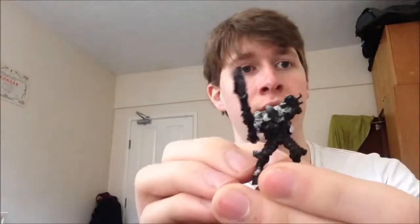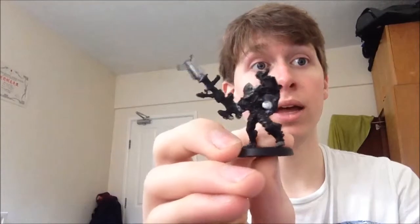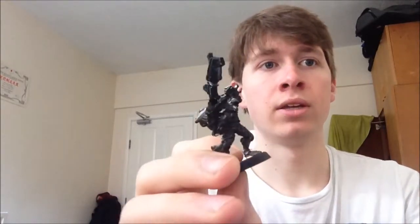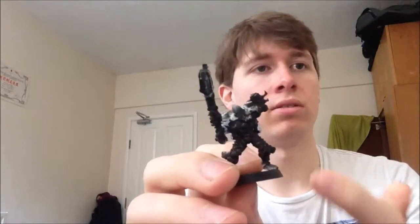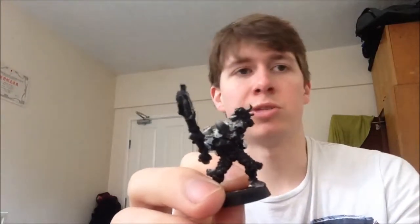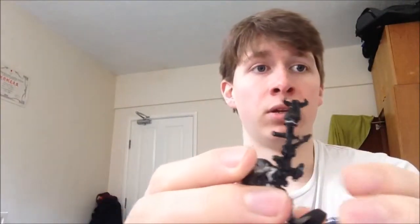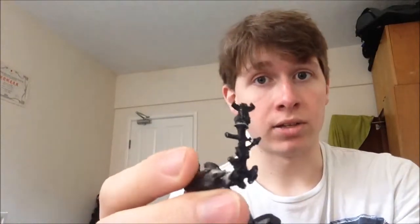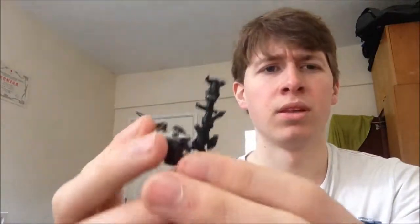The other one is that I tore down my Exarch and gave him a spinneret rifle. So this is my spinneret rifle Exarch Warp Spider model. Again, not painted or anything. So I took off the power blades on the one arm because I didn't need the power blades. You know, they're quite expensive for a non-combat unit. This is again the Reaper launcher from the Finecast Altansar model. And I don't know, it's not the best fit. I'm not really going to show the back off, but